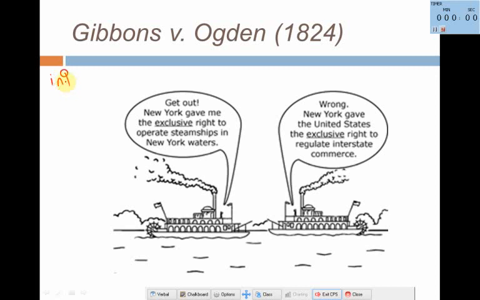So there's interstate commerce, and then there's intrastate commerce. And by the way, you need to understand interstate commerce because it comes up a lot in U.S. history. So interstate commerce, folks, is again trade between states. Okay, and this is regulated by who? Who can regulate interstate commerce? The federal government. Intrastate commerce is trade within the state. And who can regulate trade within your state? Individual states.